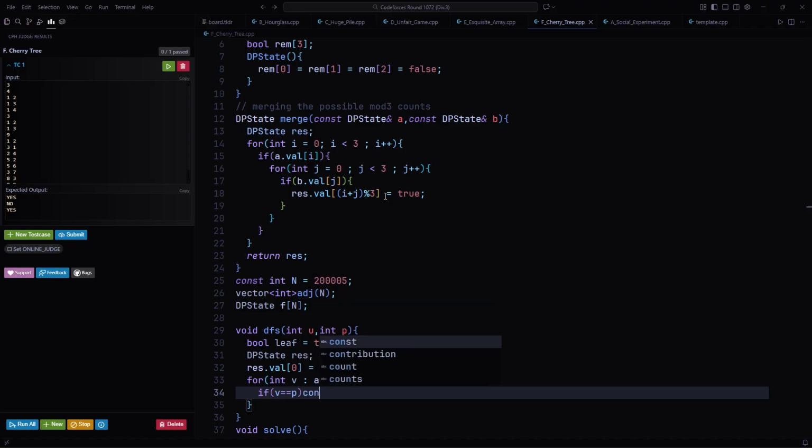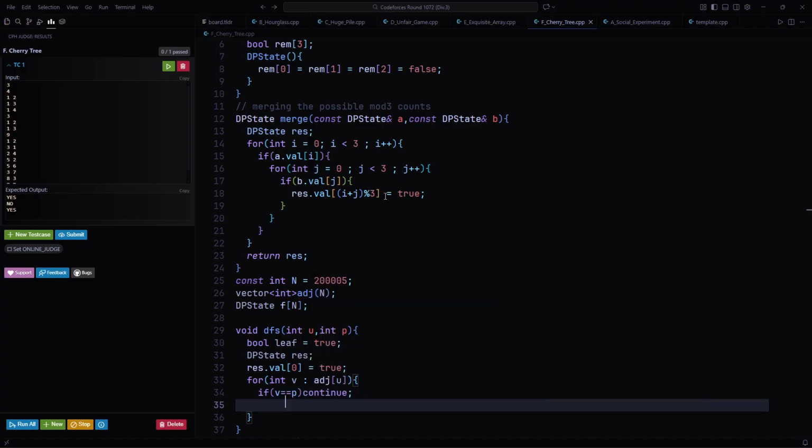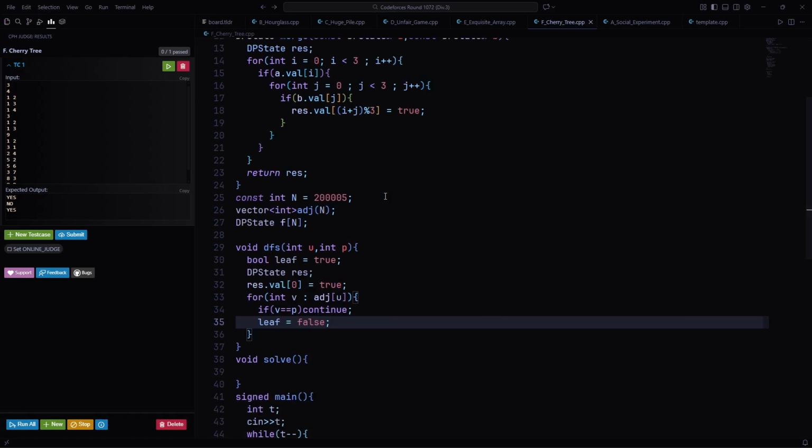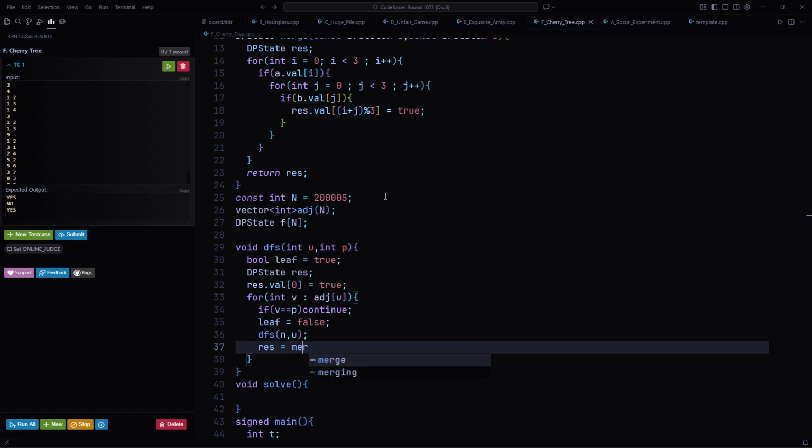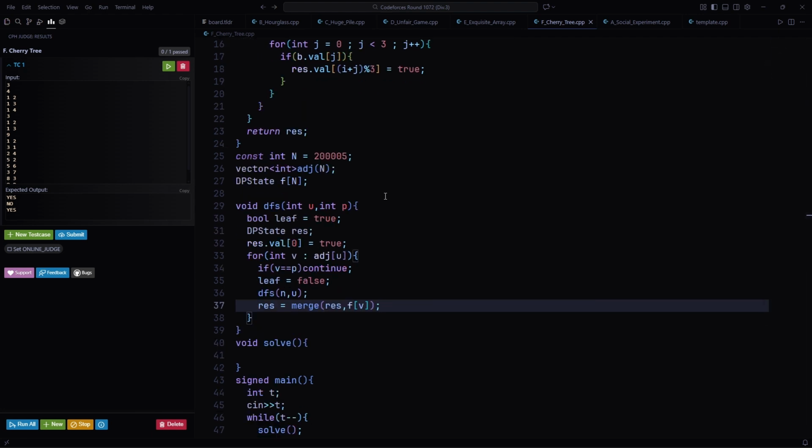If the neighbor itself is the parent, then continue, and leaf equal to false, because if it's a leaf, it won't have any children, and in that case we need to reach till the children, and result equal to merge of result comma f of v, merge everything simply, and